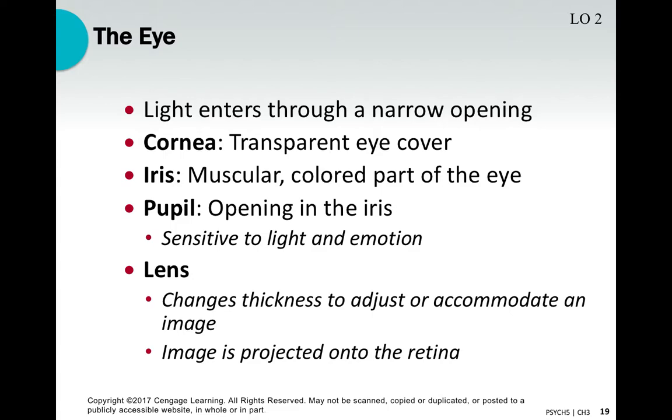I'm sorry, more on the lens. Sometimes I forget to do all the little bullet points. I apologize, but more on the lens. The image is projected onto the retina. So really, there's a whole process we're going to talk about here in a moment. Our eyes are the first step in this process of vision. What happens is our eyes gather the sensory information, which is light, and they relay it back to the occipital lobe. The occipital lobe spits back an image to the eye and puts it onto the retina. So it's a really pretty complex process, although it's happening very, very quickly.